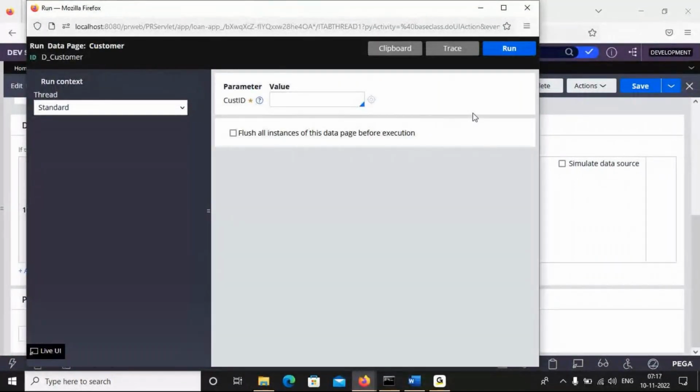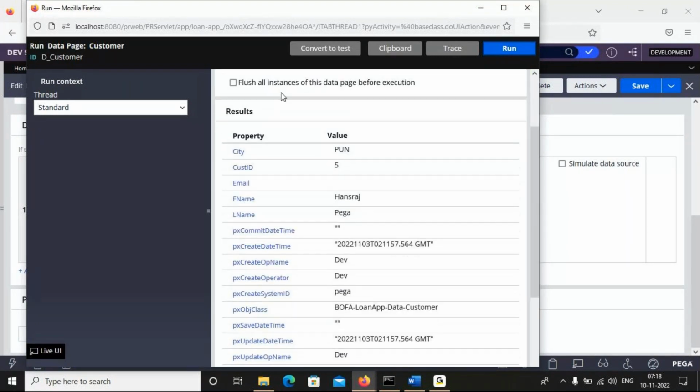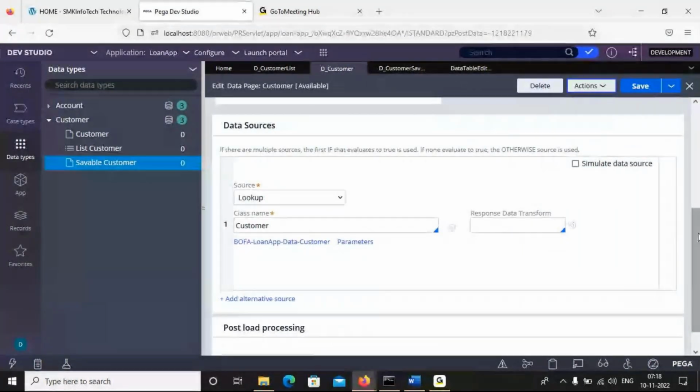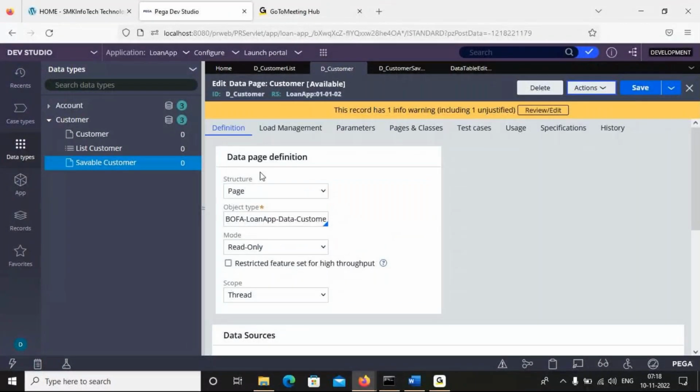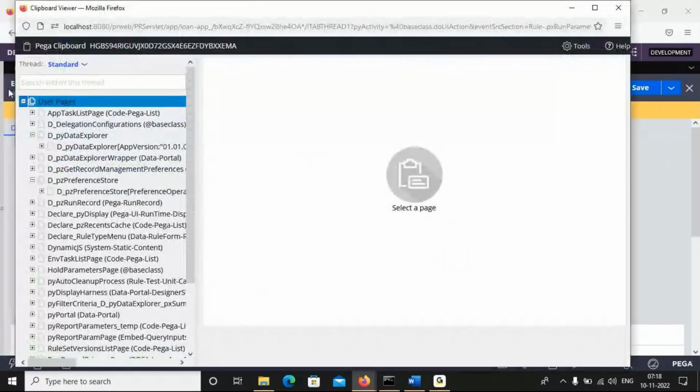Customer ID. See, if you click the down arrow, we can see all your table column values. Run it. See. Now if you go to the clipboard, you can see the data also. We can see it in the same thread only, read only. So go here. Read only means data page.